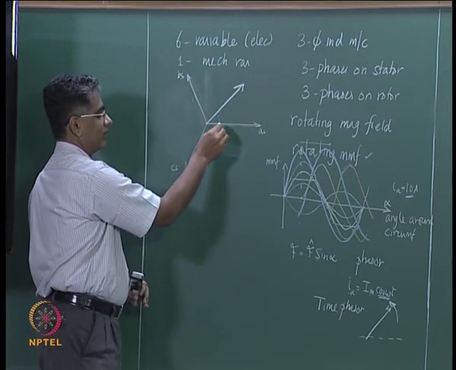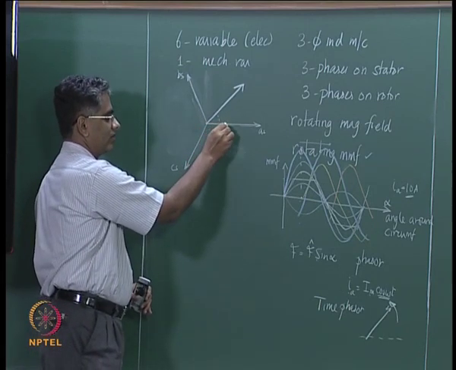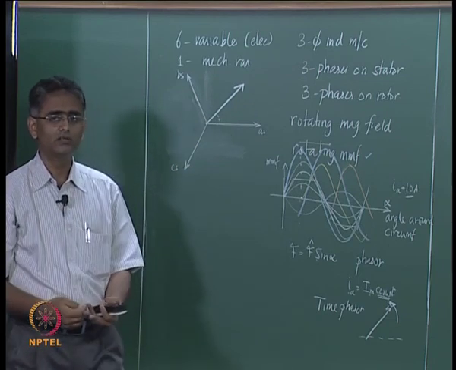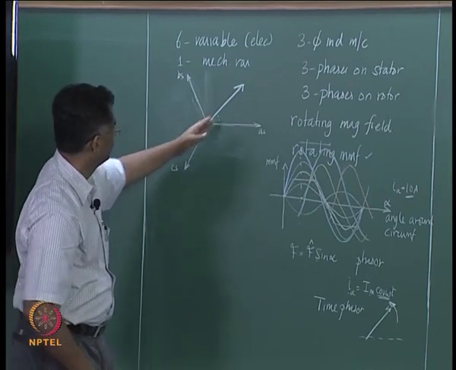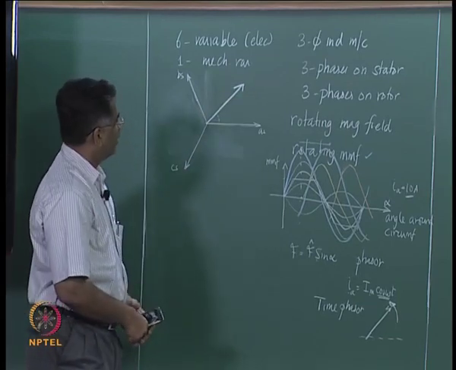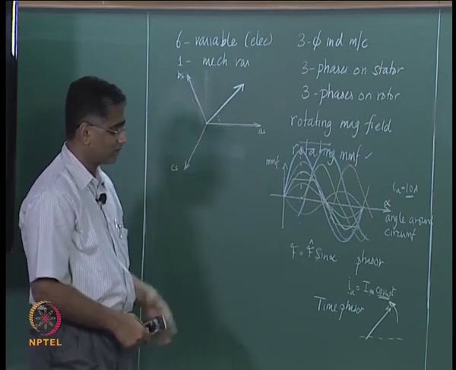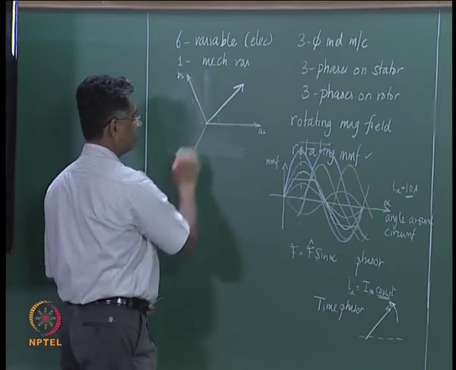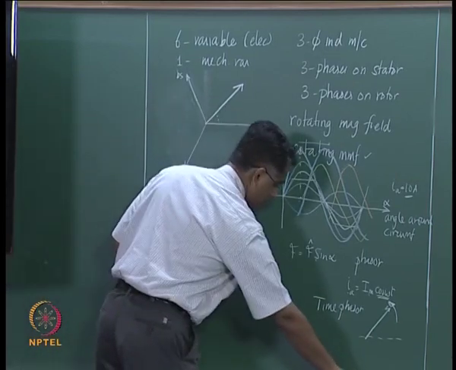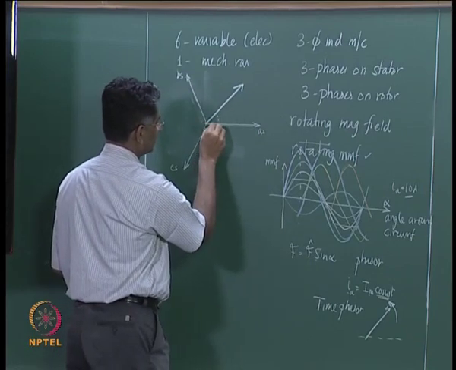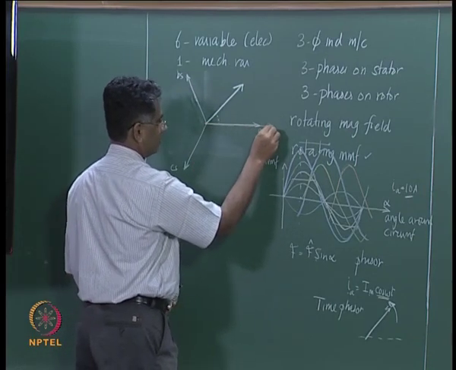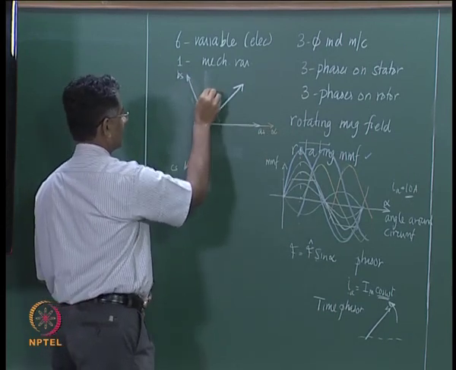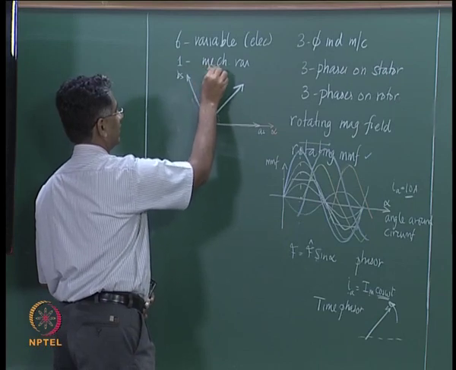We can get this by knowing what is the excitation along this axis, that axis, and this axis. So, you have three axes, the result of which gives you one phasor. Now, if this phasor is what we are going to get, we could as well describe this phasor by considering a two axis system. What we can do is take one axis along the same horizontal, we will call this as the alpha axis. We can take another axis which is 90 degrees to this and call this as beta